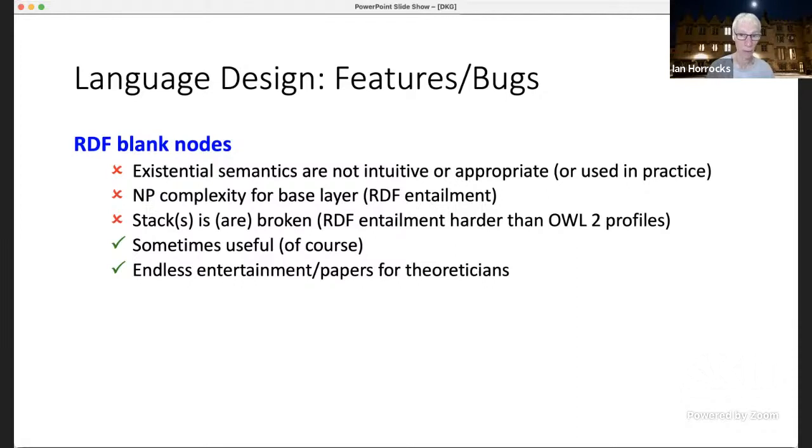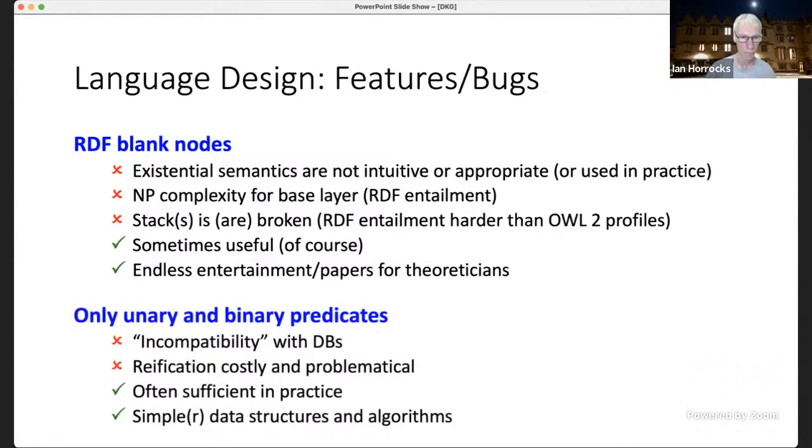Because we have this OWL layer on top of RDF, but OWL has profiles with polynomial and lower complexity sitting on top of an RDF layer, which already has NP complexity. So something's wrong there. The whole thing is broken. And as I say, I think the problem was that when the theoreticians formalized the semantics for RDF, they got kind of carried away and overdid it with blank nodes.